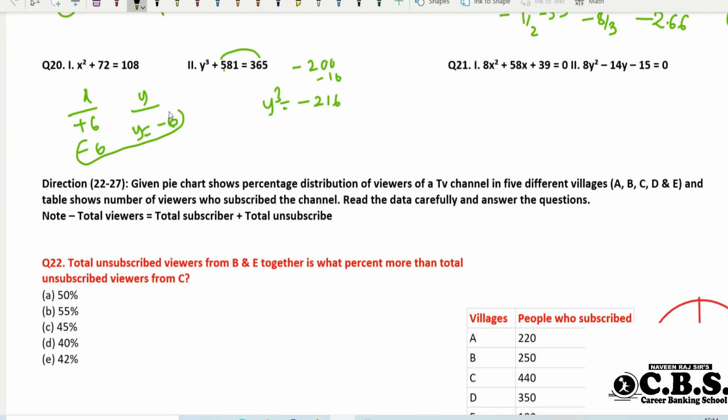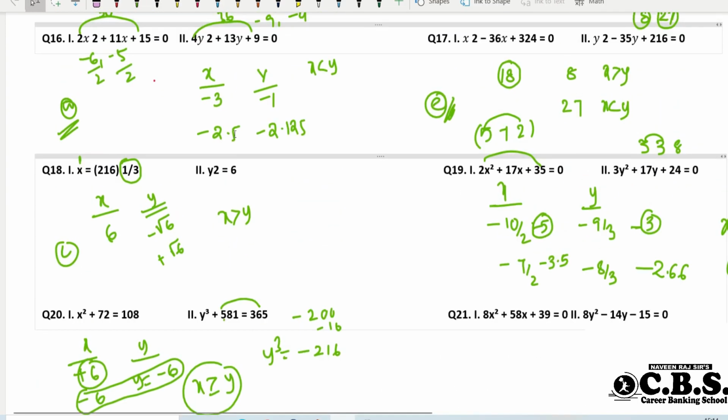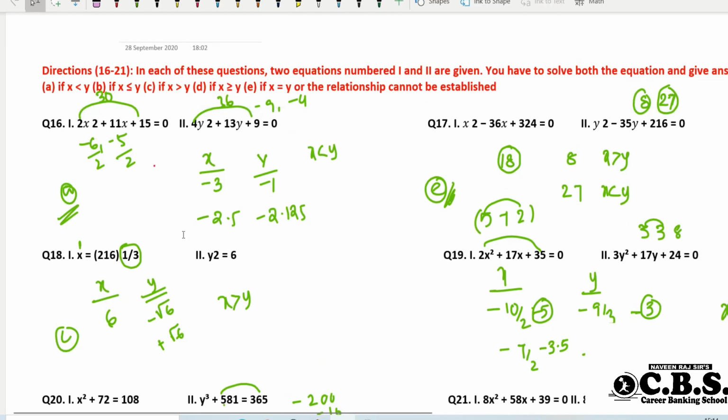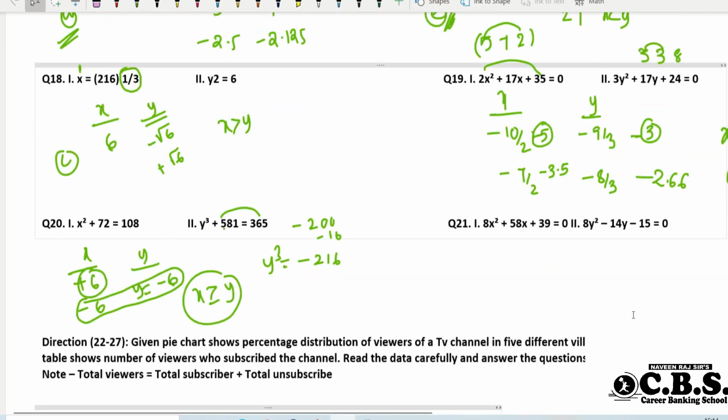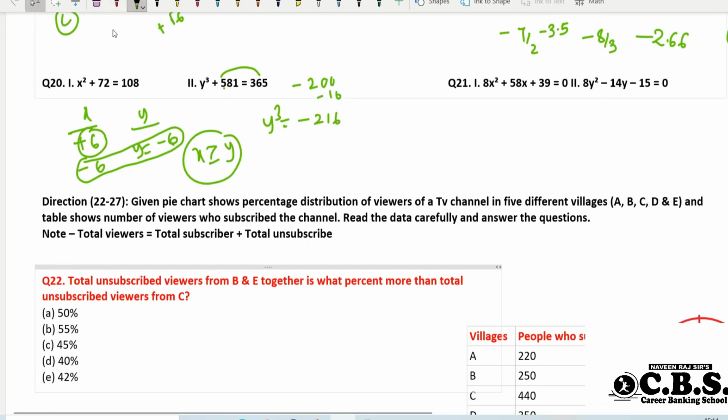So here sometimes x is equal to y and sometimes x is more than y. So obviously choose x more than or equal to y. Which option is that? X more than or equal to y is the fourth option. D is the absolutely right answer. So this is the answer for test D.